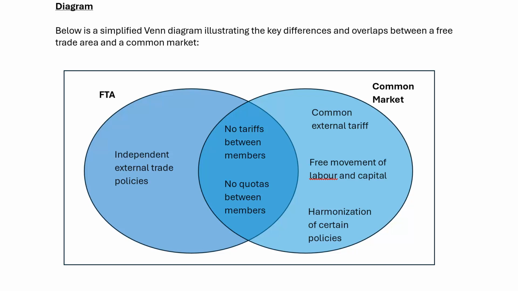So the main difference here is that within an FTA, each member nation is still allowed to maintain their own external trade policy, whereas in a common market, there's a common external tariff. So if your country and my country are in an FTA, you can still decide how you want to conduct your external trade policy with your other partners. So you can have tariffs, or you can have no tariffs, and I'll have my own set of trade policies as well. Whereas if we're in a common market, then we both agree to a set of external tariffs